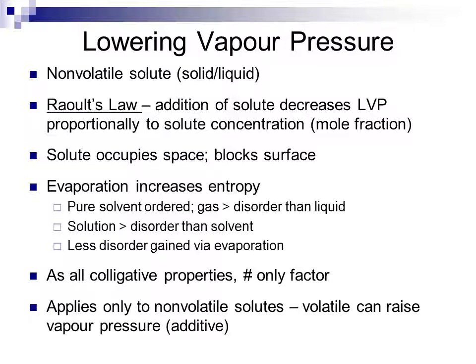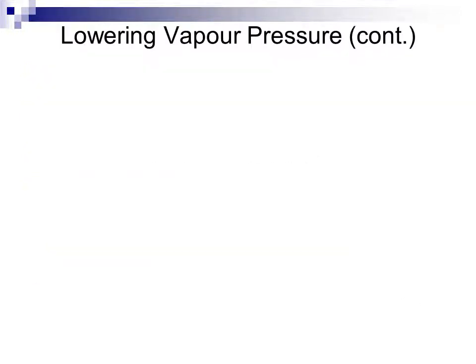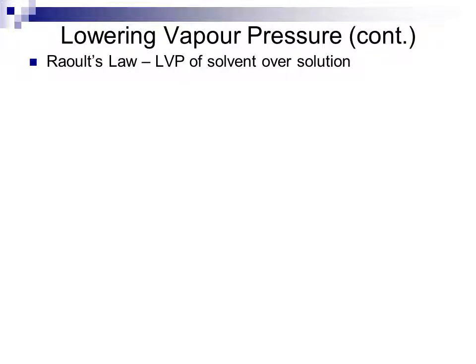Raoult's law applies only to non-volatile solutes. Any sort of volatile solute can actually raise the vapor pressure in an additive form, as we'll talk about later. Lowering vapor pressure follows Raoult's law, in which the liquid vapor pressure of the solvent over the solution is what is being measured. We can express this mathematically, where P solvent, which is the vapor pressure of the solvent over